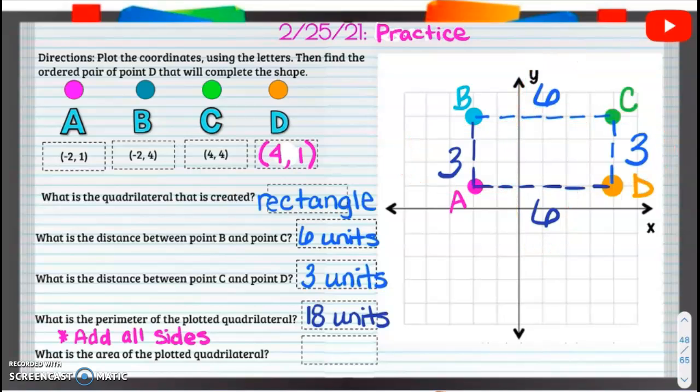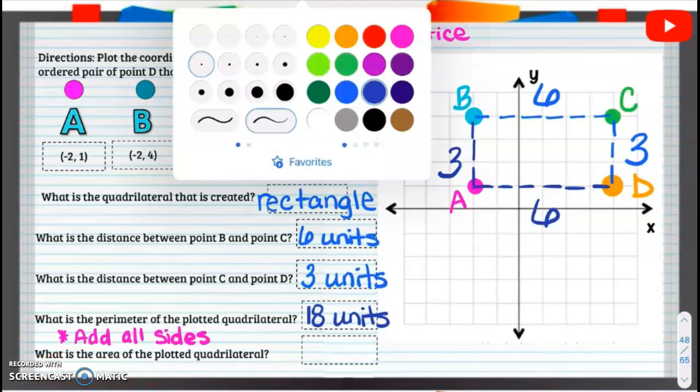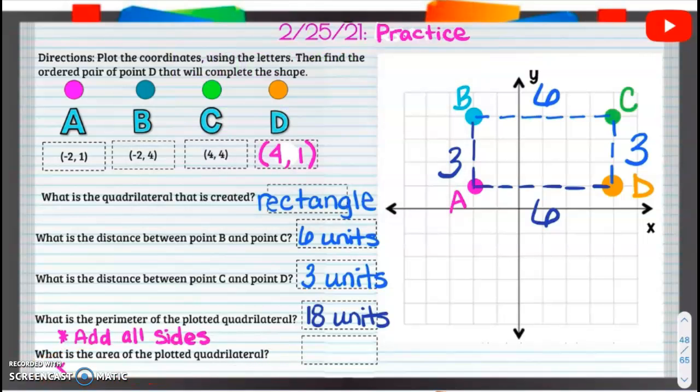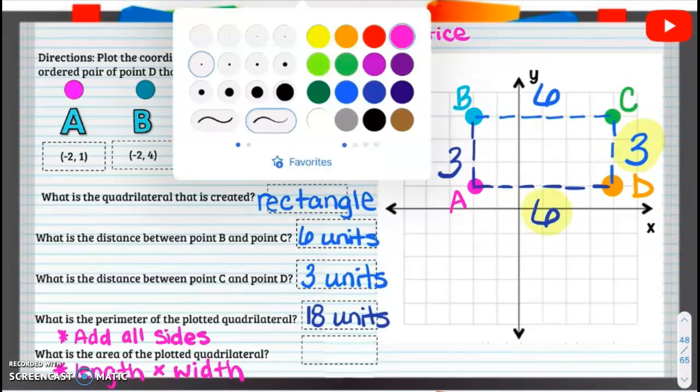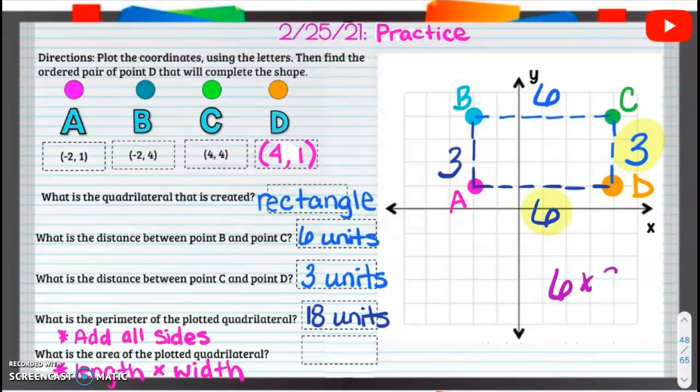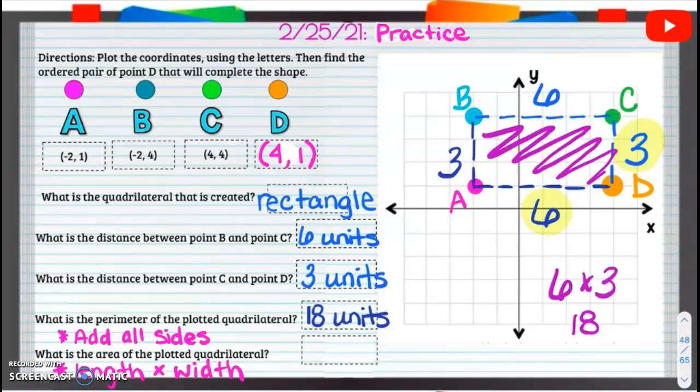Alrighty. Last one, what's the area? Area is going to be length times width. So we're going to multiply 6 times 3. So 6 times 3 is going to give us 18. And since that gives us the inside, it is going to be units squared. So if you fill it in, that means it's going to be units squared. So 18 units